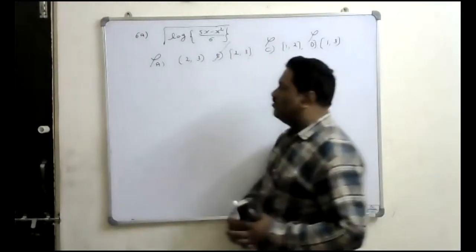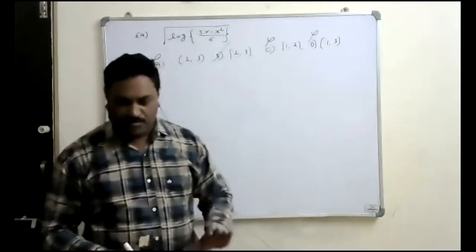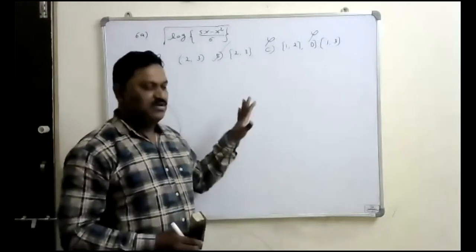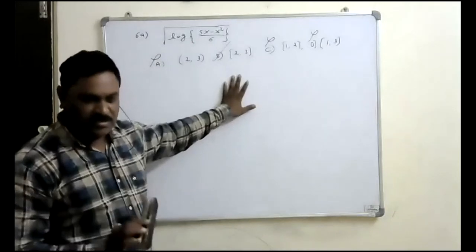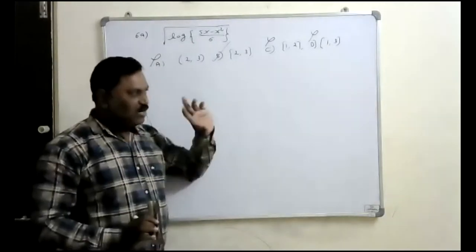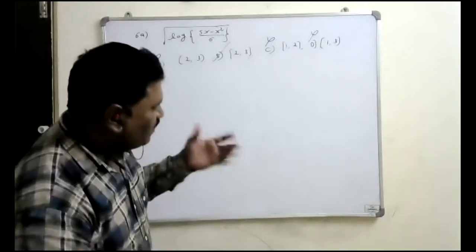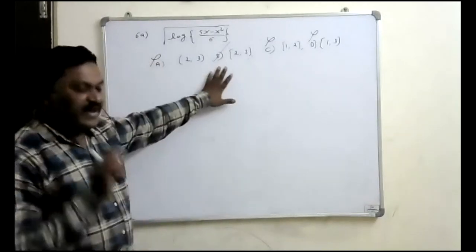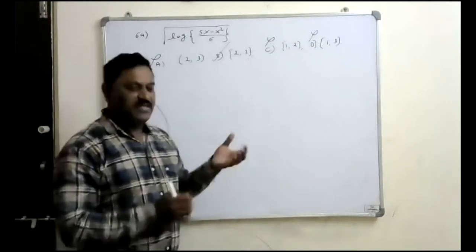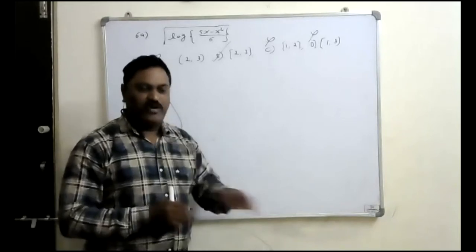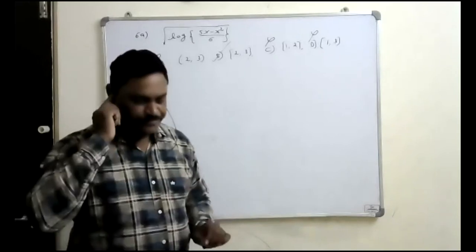Okay, like that. We will eliminate the three wrong options, then automatically we get the right option. Okay, that is the right option. We can't say that it is the exact correct answer. It may not be the correct answer, but this is the correct option. There is a lot of difference between the correct option and the correct answer. Okay, so later by experience you will understand that. So this is the correct option. So how to do this method? If you practice this, then in this method, even if we don't know the condition or the procedure, we are able to identify the correct answer, the correct option.